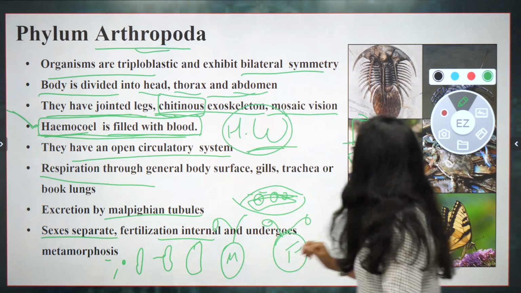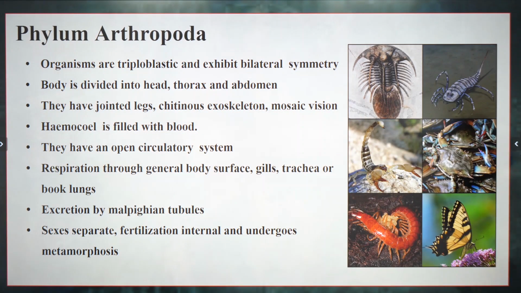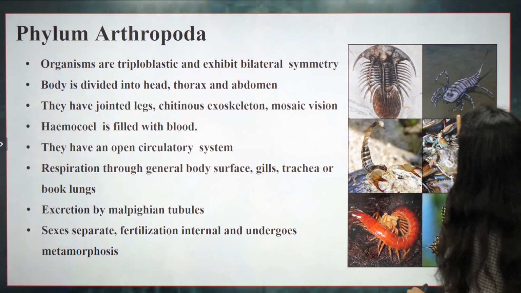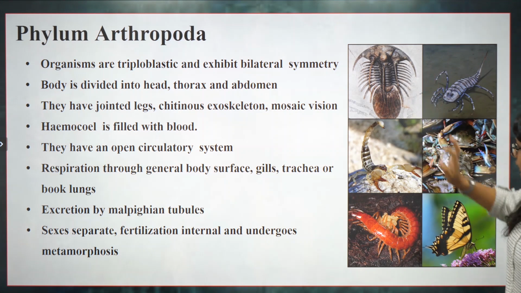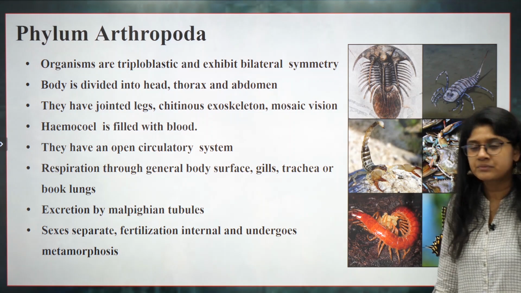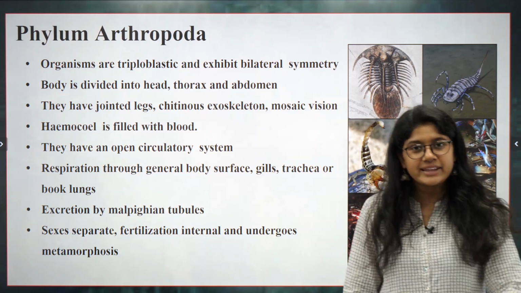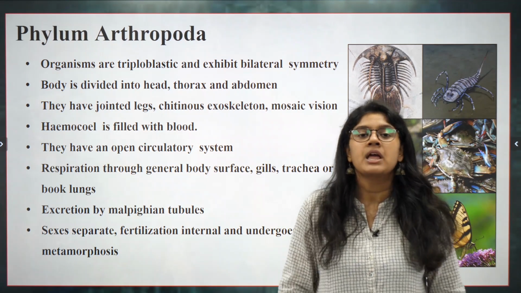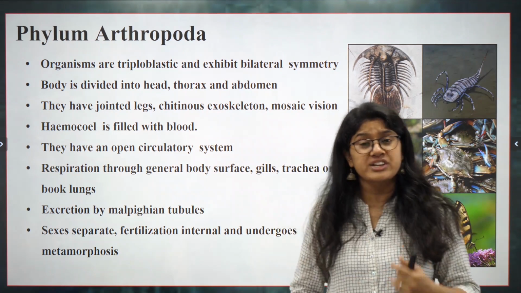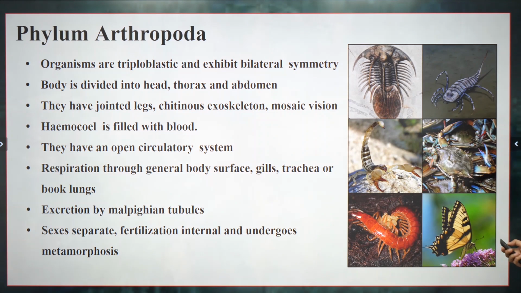Okay, very important, everyone. See here the examples. Butterfly, we have the crab. Oh, this doesn't look like a cockroach. Okay, this is an adult organism. This is the larva, the centipede that we usually say. Okay, and the very, very important scorpion. These are all examples of Arthropoda. Ant is also an example, cockroach, everything is an example of Arthropoda.